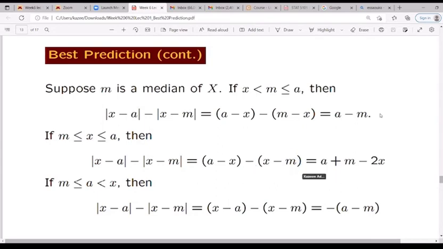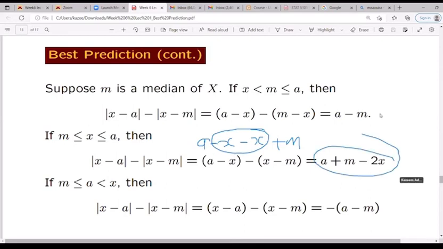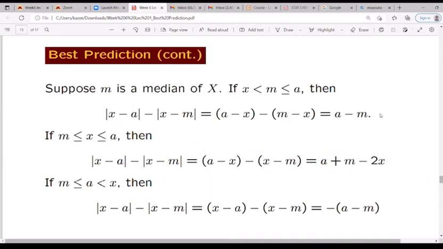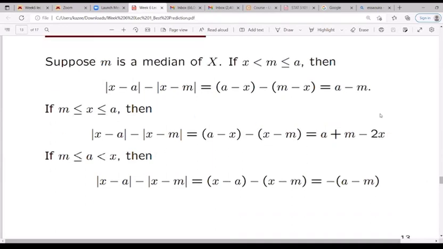So here now, you have a minus X plus M. Take a look at that. So automatically, I'm going to have a minus 2X plus M. So which is this here? Now that is when I use that interval. Now, what if I use this interval? Right now, it's like I'm switching that interval for that. You see what I got?